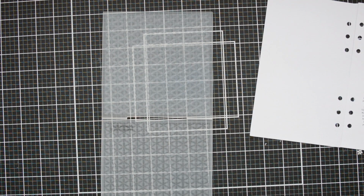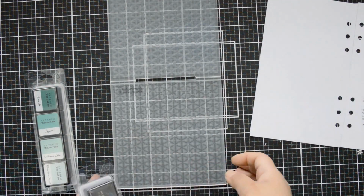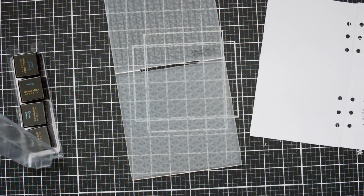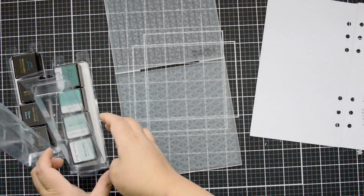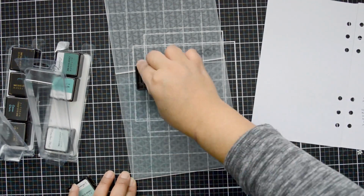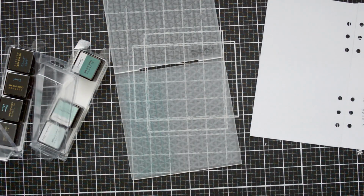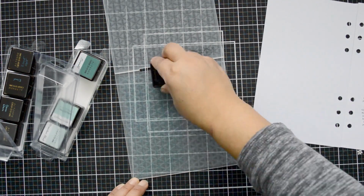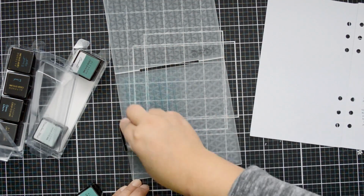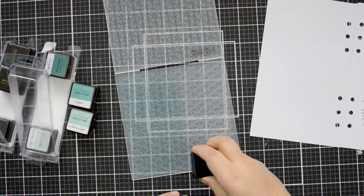So what I want to do right now to bring color and help me define the lines of the embossing folder is some ink, and I'm using ink from the Cool Summer Night set, and also from the Seashore Mini Ink Cube set. And all I'm gonna do is I'm gonna use the middle tones of the sets, and this one is Volcano Lake and Lagoon from the Seashore one, and the other one is Ocean Waves, and I think it's Dark